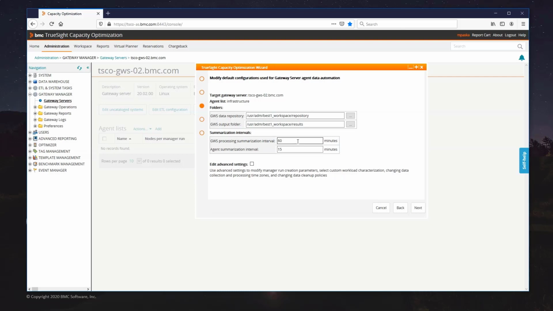In this example, data will be summarized to 60-minute data points in the TSCO database and in the viz file created by the nightly manager runs, but will be summarized to a 15-minute interval in the UDR data itself. This can be useful to allow an opportunity to reprocess the data at a future date with a higher granularity, or to do a more detailed ad hoc analysis of the data using another TSCO gateway server component such as